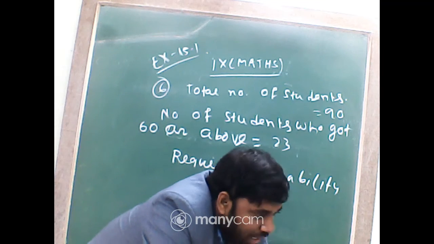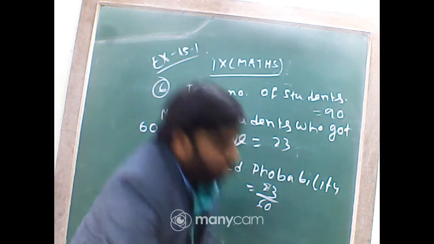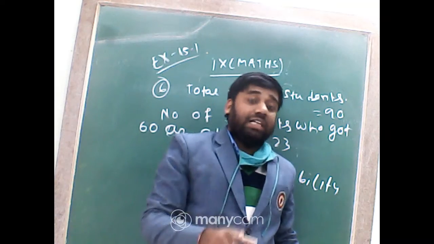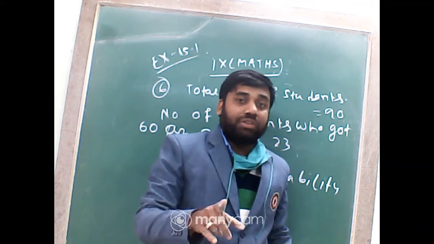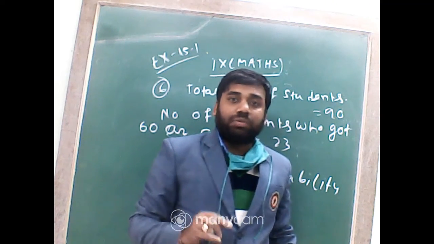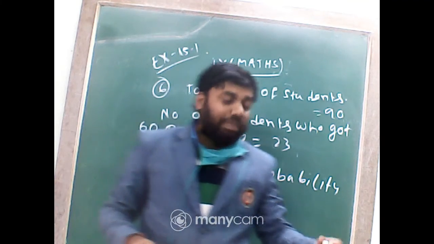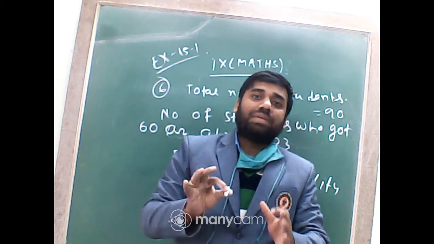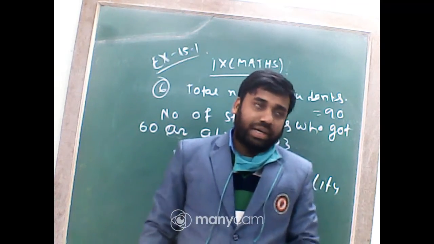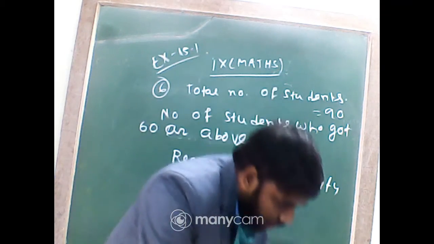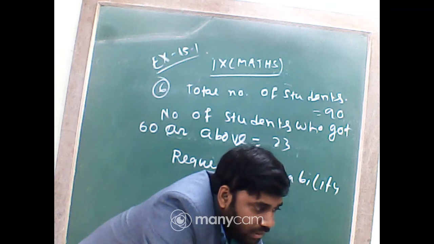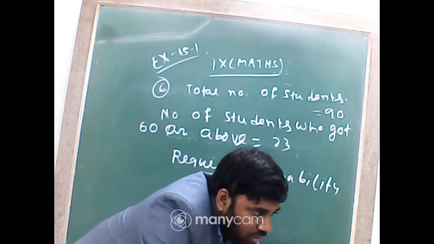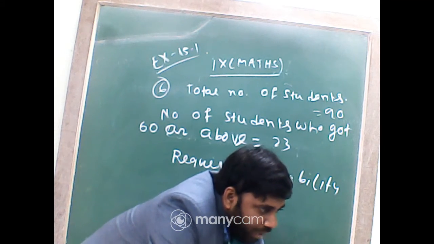17 by 90. Yes. As I have told you that 20 to 30, that interval, it means in that interval the numbers are included which are obviously less than 30, and 0 to 20, that 7 students, they are also less than 30. So total number of students who got less than 30, that is 7 plus 10, 17. So required probability is 17 by 90. Okay, I hope it is clear to you. Okay, next question from the table. Tell me the probability who get more than 60. Who get more than 60?